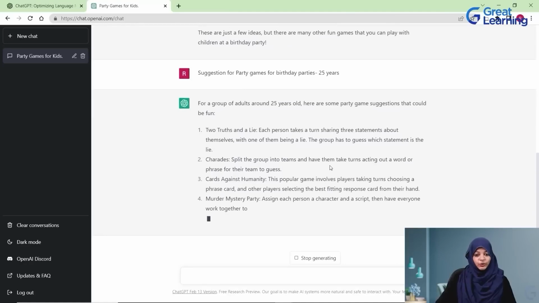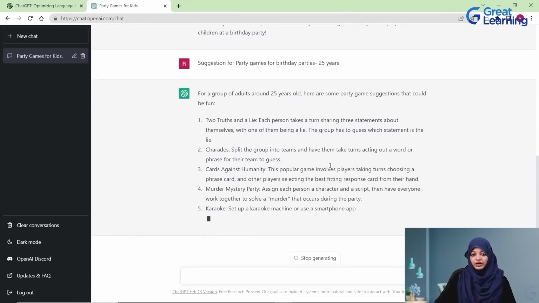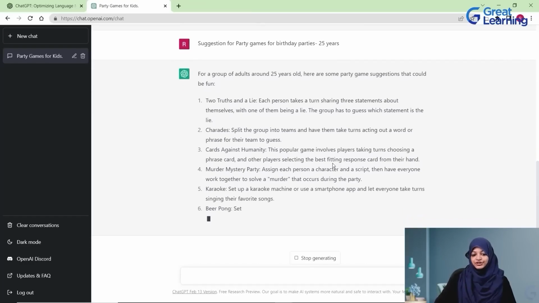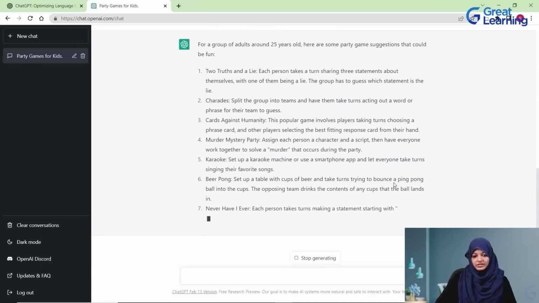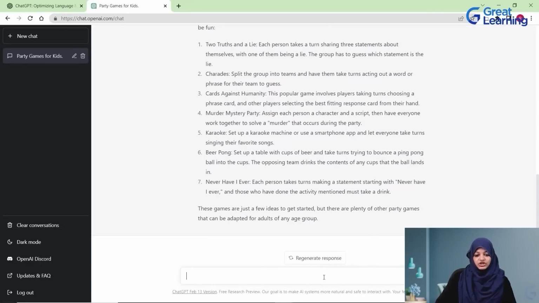You are always free to include other games or exclude multiple games here, but these are the suggestions that ChatGPT provides us with, right? Now let's look at something a little bit more complex. What about if I want a suggestion for party games for college reunions? Now, if I want suggestions for these,